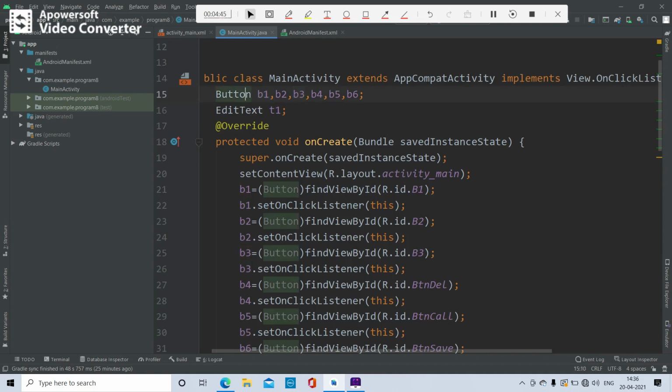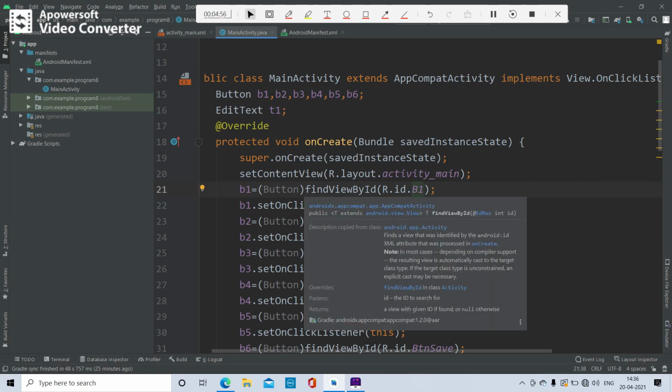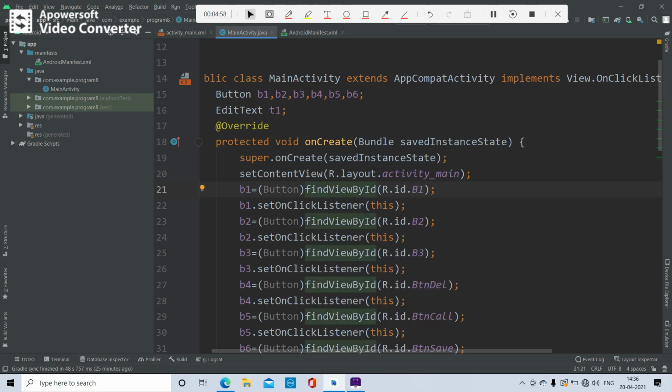The button objects are B1, B2, B3, B4, B5, B6. We have to map B1 to the B1 button ID. We already created the button, and now we have to map it by using findViewById(R.id.b1), and then whatever button ID, we map to the button object B1.